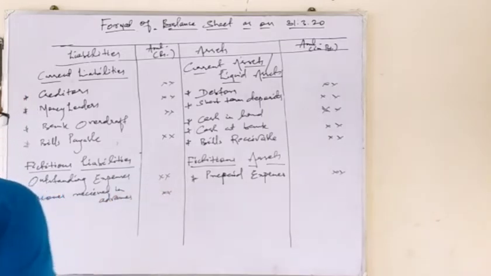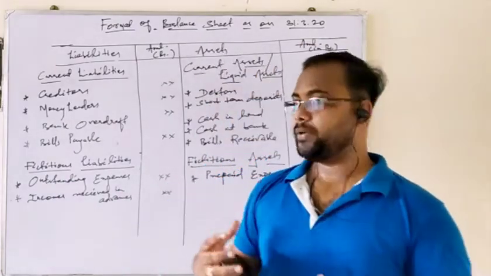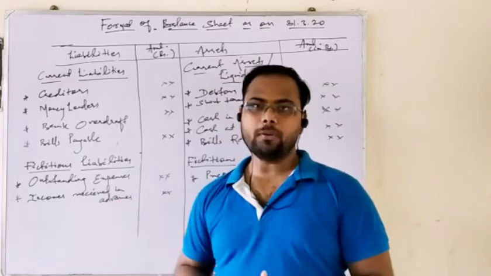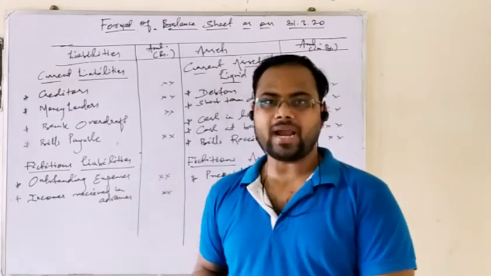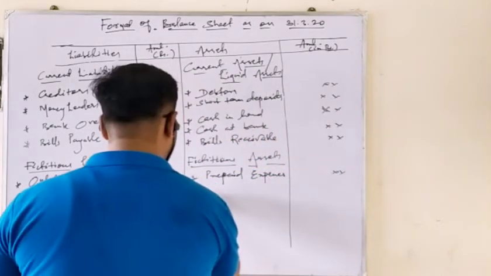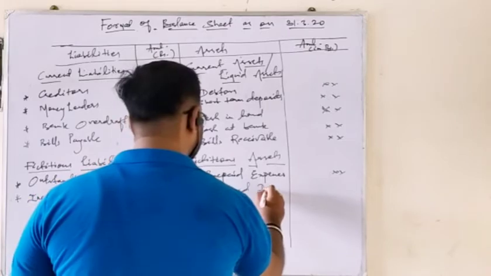Okay. What is the opposite of income received in advance? You have received the income before delivering the benefit. That is income received in advance. What could be the opposite? The opposite is that the income date has arrived, but I haven't received the income. So what you name it is accrued income. What do you name it as? Accrued income.